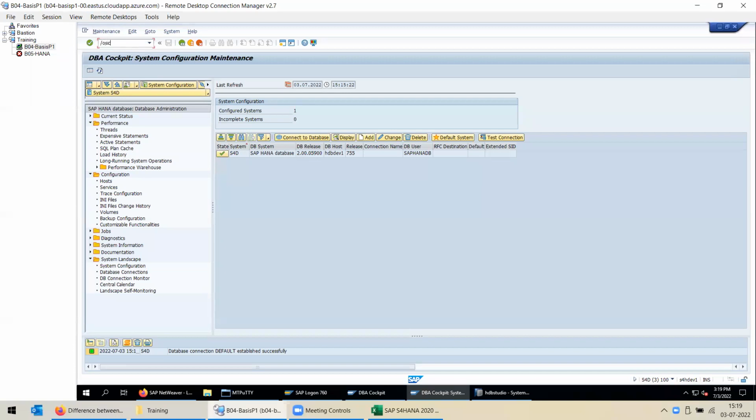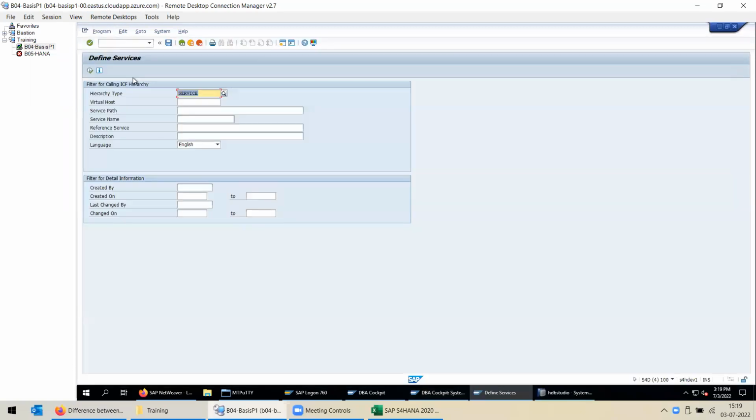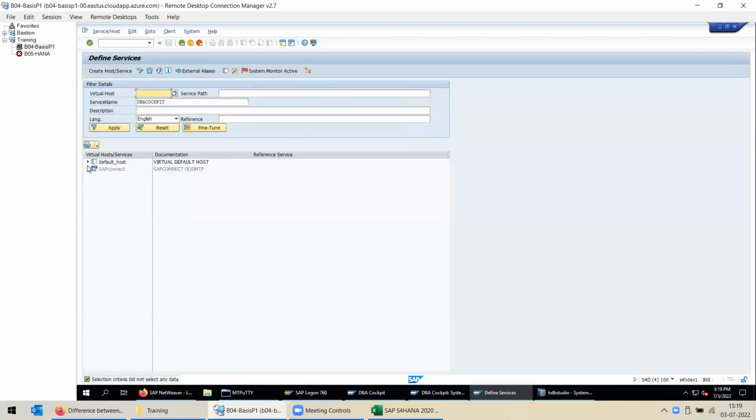Yeah. So you have a T code called SICF. Here you can activate all the internet functions, normally all your WebDynpro functions. This is the place where you can activate all your WebDynpro functions. If you check in the service name for DBA cockpit, if you check over here, you will find